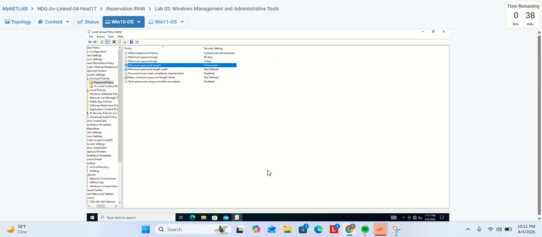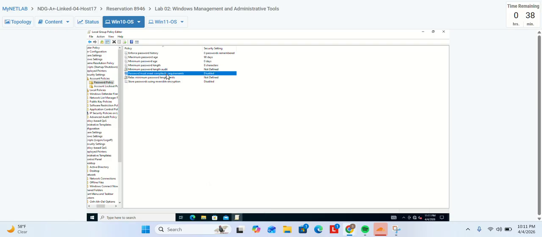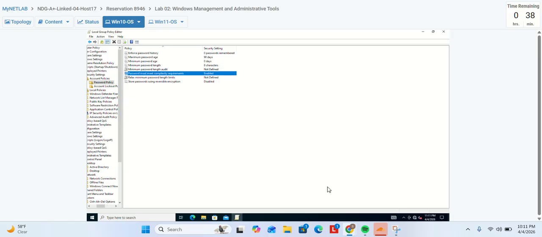And for the last step, I am putting the password must meet complexity requirements and enabling it. I'm having some issue while clicking it, but I'm just trying to. So I was able to open it, and I press enable, and then after that step